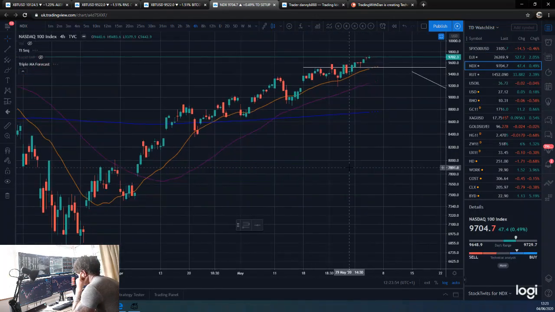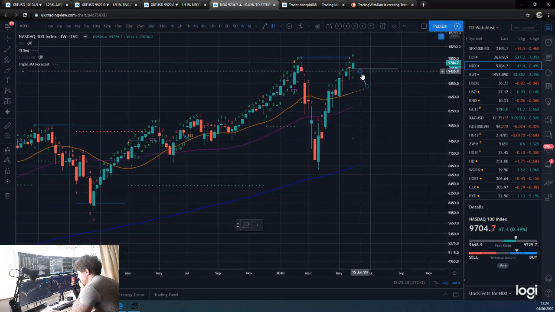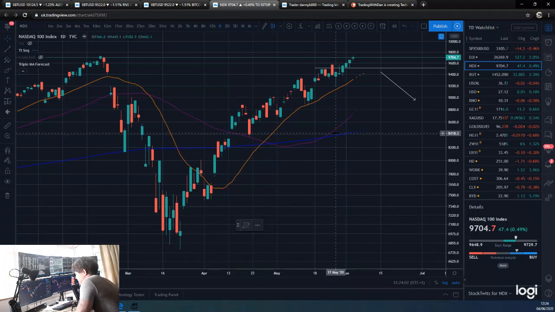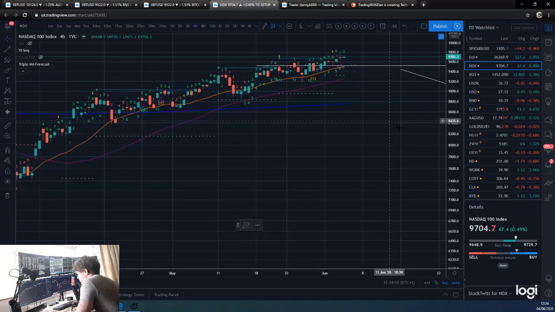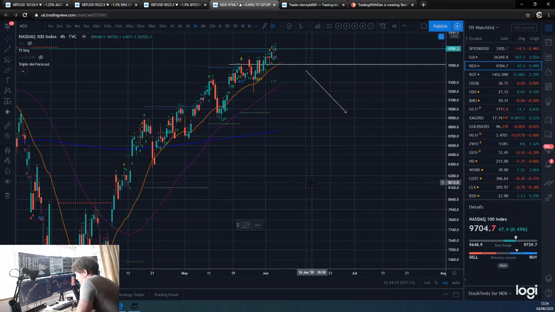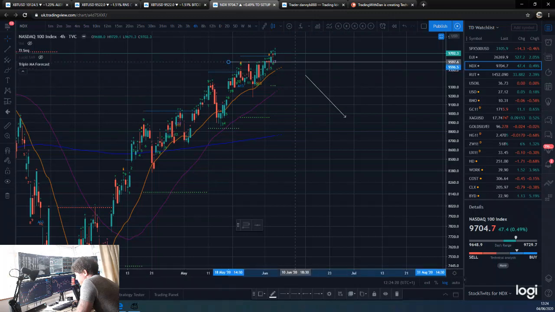Right, so NASDAQ, let's have a look at the NASDAQ with its, let me just show you its weekly 9 here. Daily, did we have a daily 9? No daily 9. I know that we had a 4 hour 9 because I just saw it, so we've got a 4 hour 9. So this is obviously the weekly sell level. We could potentially move this higher for a shorter term sell level if we break below this level here. So I'll move this up.